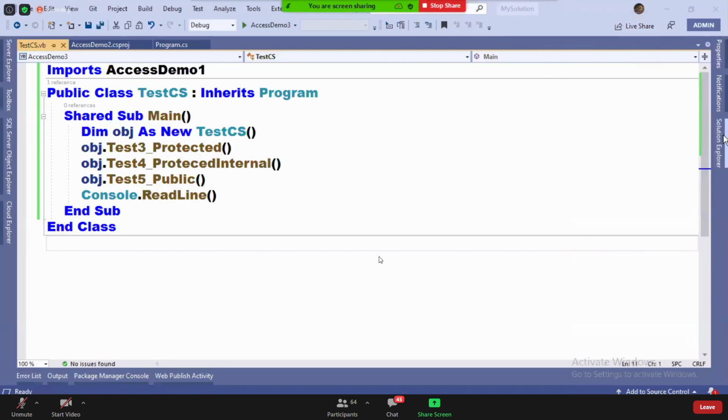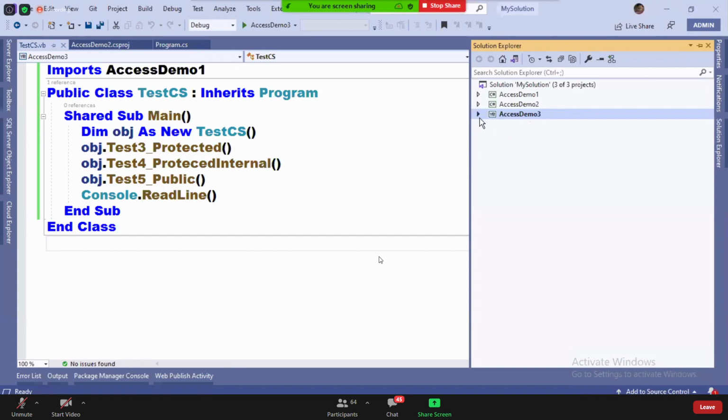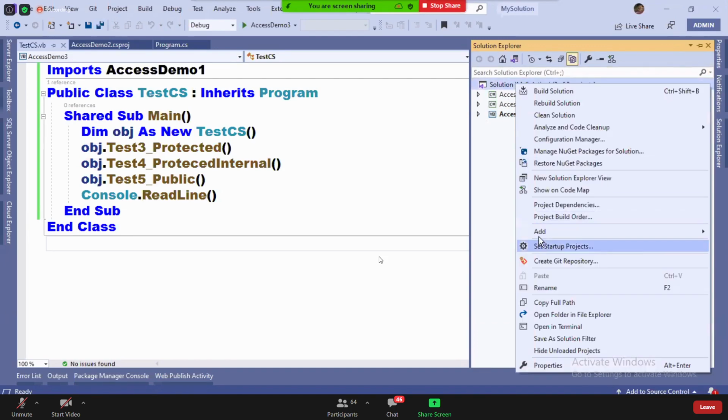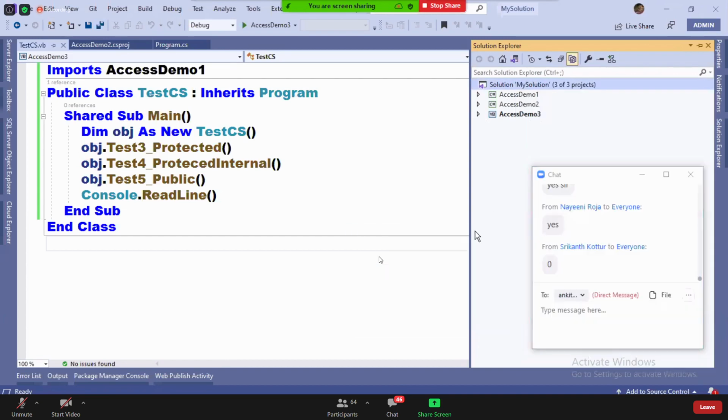When I was adding a project the day before yesterday, I said you can add a project of a different language. Proven now, right? Second important point, you can also add a different type of project. What is that? All these are console application projects. Now I will add a new project.